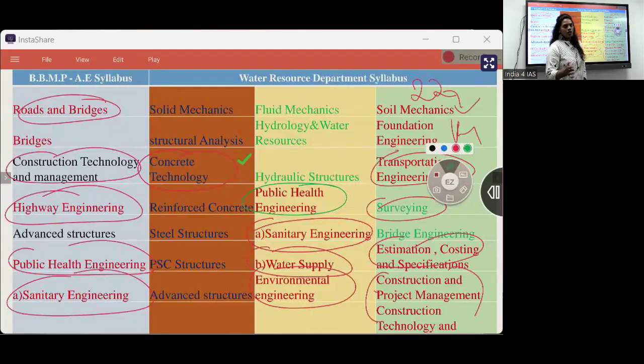So we are almost at the end of this first class. If I can be once again clear on what we'll be offering in this course: comprehensive coverage of the syllabus, then previous year questions analysis. And how we'll go in this journey is, today I'm taking one concept in transportation engineering,